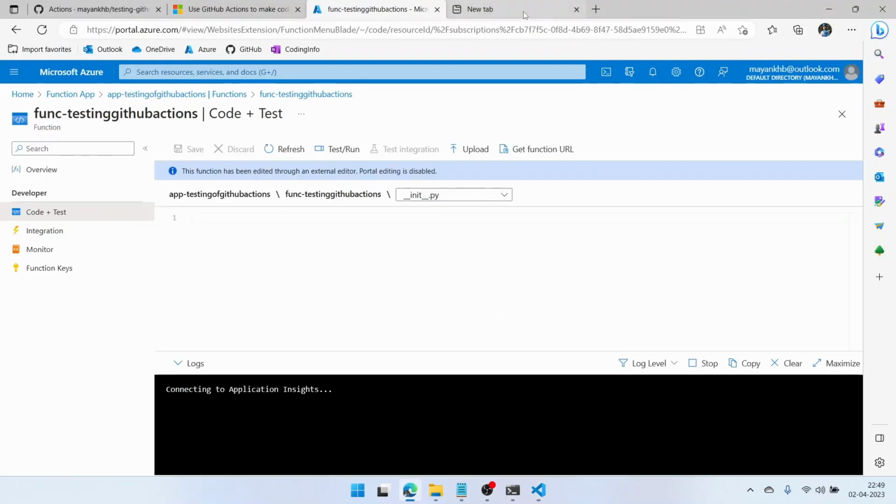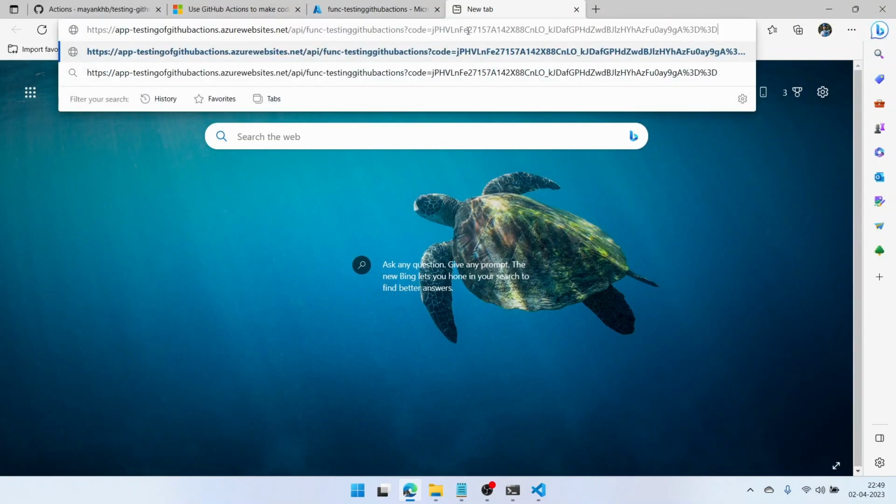I got it. Let's go to the new tab, paste, press enter, and you can see our change that we made locally in VS Code, and we only pushed to the GitHub repository. GitHub automatically pushed that change to Azure. So this is how a CI/CD pipeline can work in the case of Azure Functions.